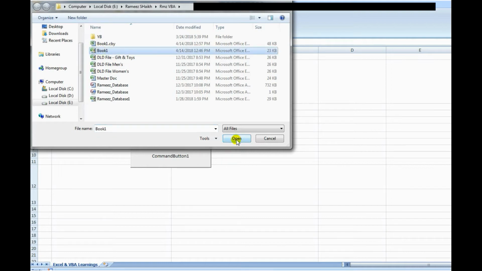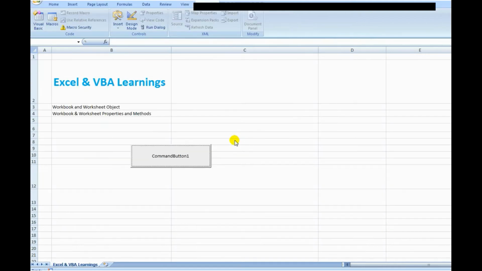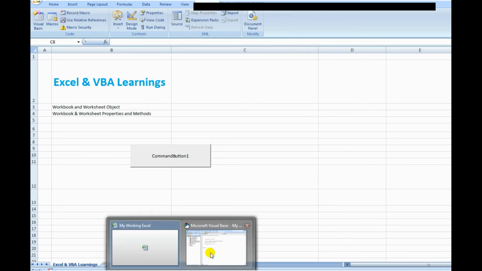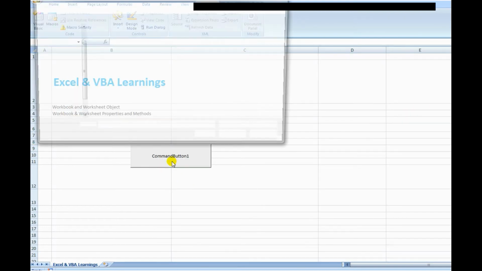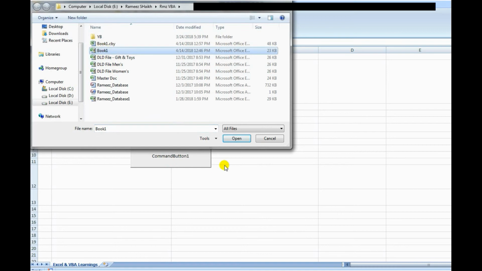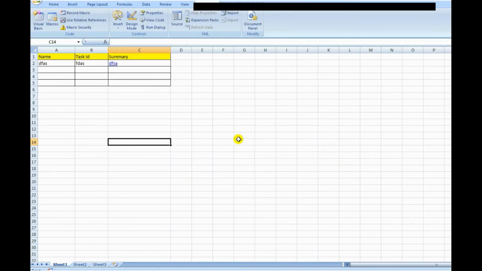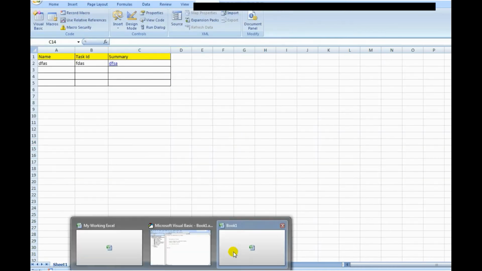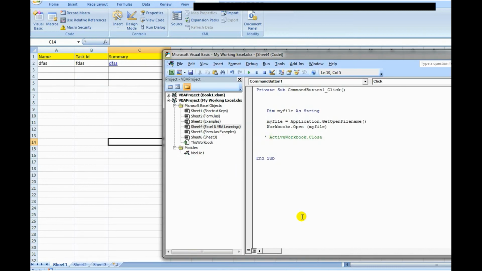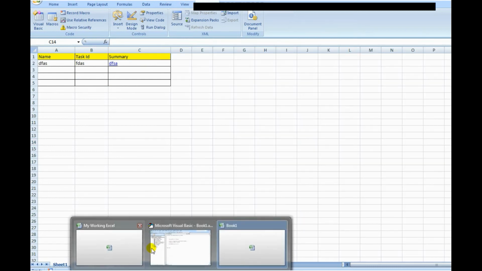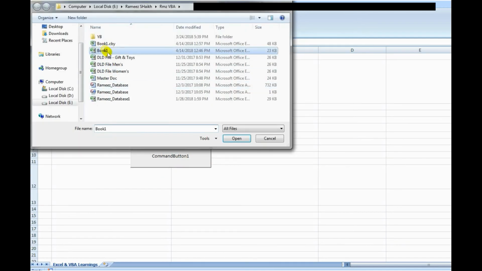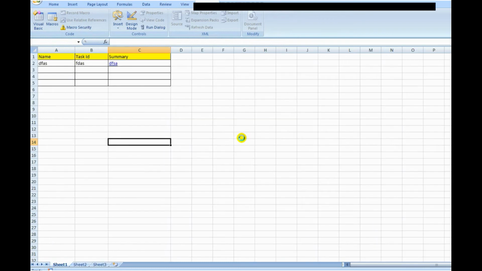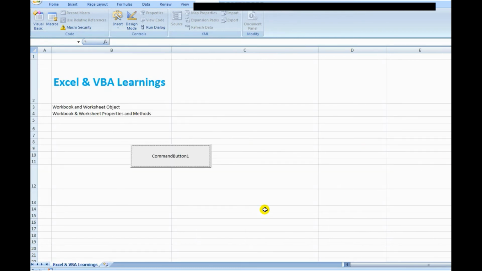So now I will just click it, open it, and this will open and it will get closed, because what we have done is we have given a code to close. If I make this a comment, and now if I open this, see now Book1 is open. So this Book1 is open now, and if I remove this, if I run it again, so what will happen here is it will open and it will immediately close. Okay, so this is how